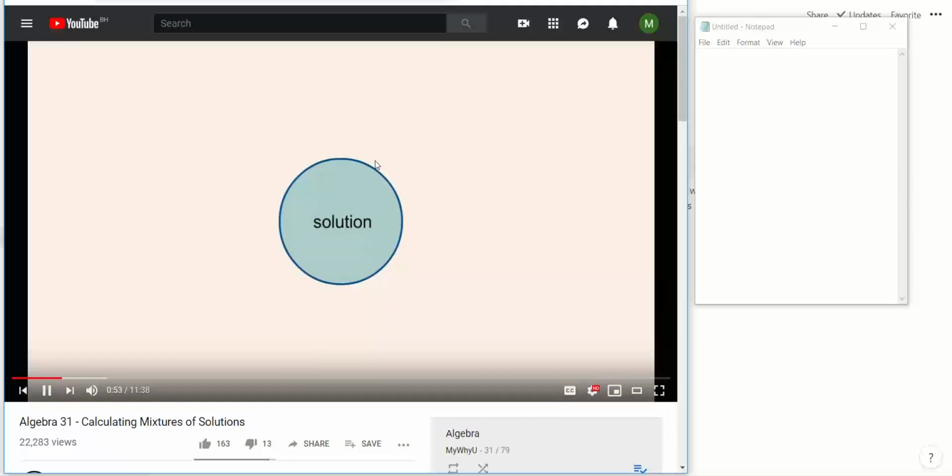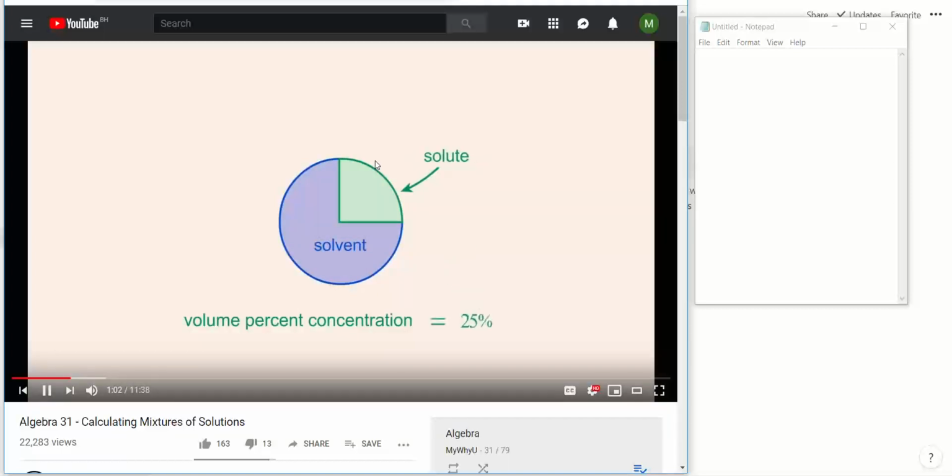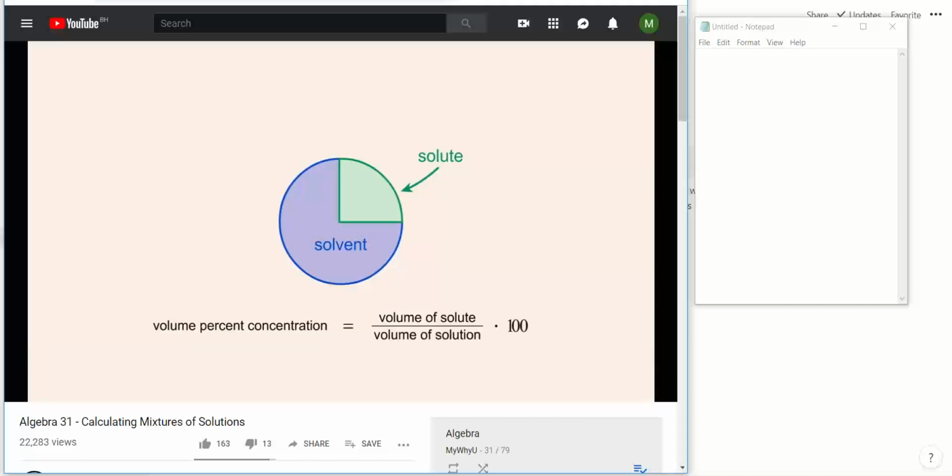Concentration is often specified as the percentage volume of the solution. Volume percent is usually used for liquids such as antifreeze, for example 25 volume percent solutions. The volume percent concentration is calculated by multiplying by 100 to get a percentage. For example, if the volume of solute is 80 milliliters